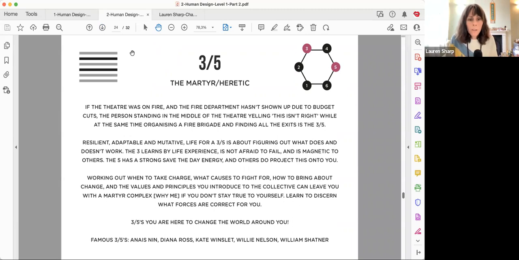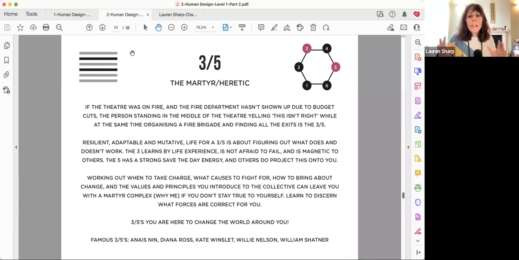3-5. So a 3-5, remember 3s, how hot is the plate, right? And then this leader, this individual who's able to stand, they're diplomatic, they're coming forward. And they always say it's a very save-the-day energy, because you talk to any 3-5s, and that's why the example here is there's a fire in the movie house, and where are the fire engines, where are the people, where are the exits, and the 3-5 is like, I'm here, don't worry, I will sort it out.